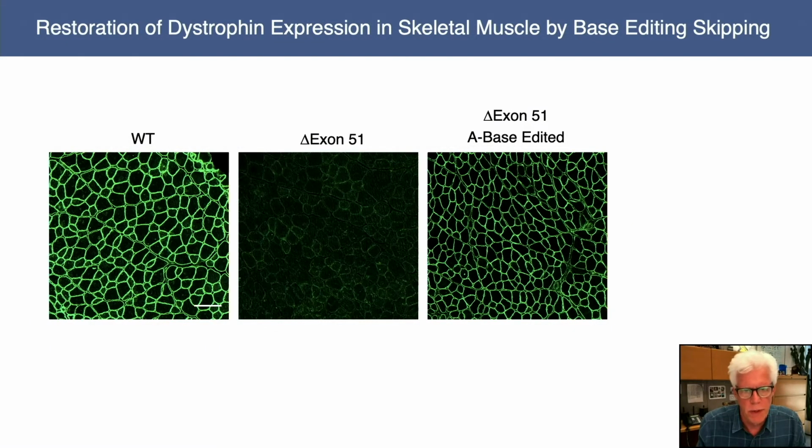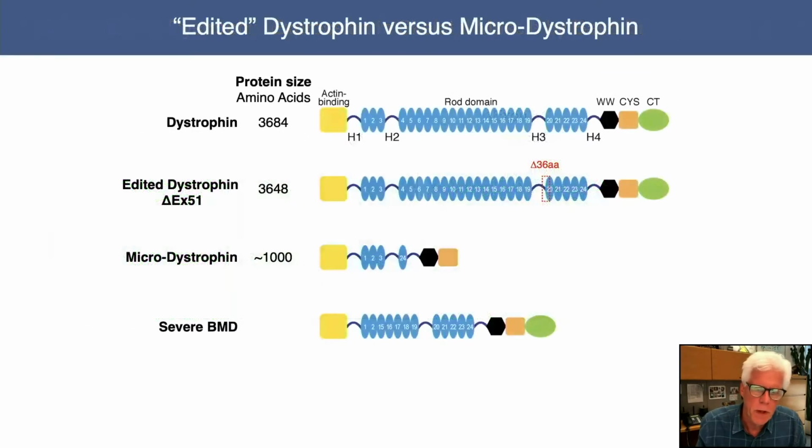In the middle would be muscle from a mouse with an exon 51 deletion. And on the right, you can see muscle that was base edited by changing a single nucleotide letter in the DNA code to restore dystrophin expression. Next slide, please. It's important to emphasize that strategies for correction by CRISPR-Cas9 editing result in the maximum